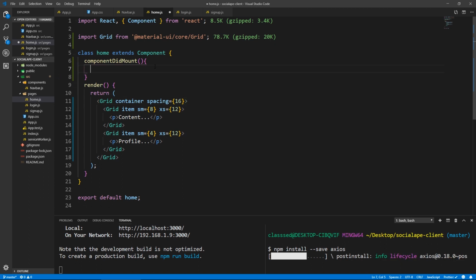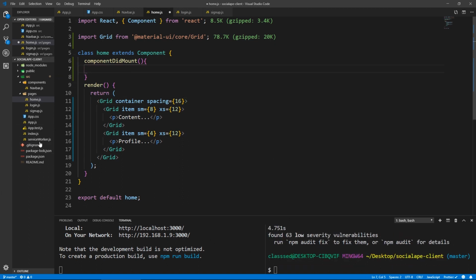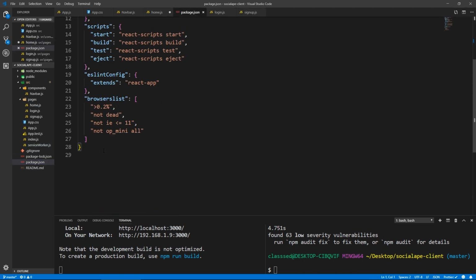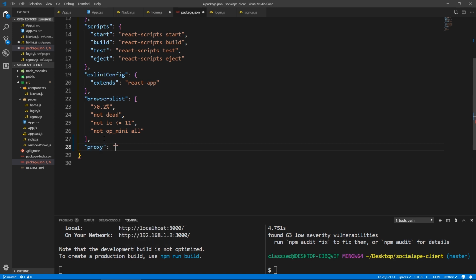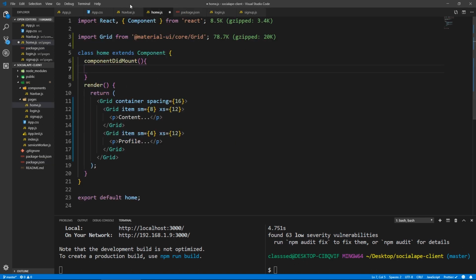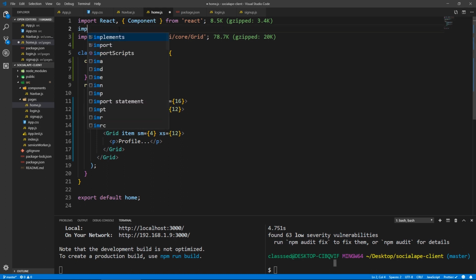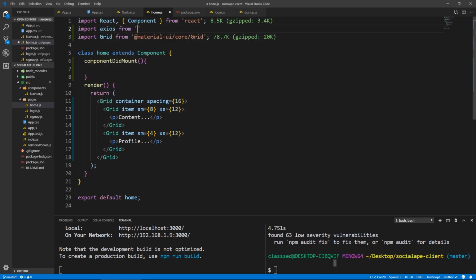And so in React, the way we set up our base URL, instead of using it everywhere, we can just go to the package.json. And here at the bottom, we can add a property called proxy. And let's paste this. And without the last slash, because I want to add it on each request, because it makes more sense like that. All right, so Axios is installed, so let's bring it in. So import axios from axios. And here in the componentDidMount, we can do